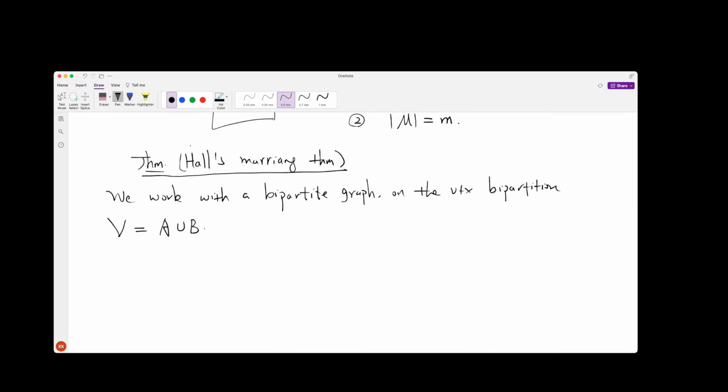And Hall's condition is the following. Let's say G on A, B. For convenience, let's say A and B each has size n, so each has n vertices. So this bipartite graph admits a perfect matching, which we call PM, if and only if